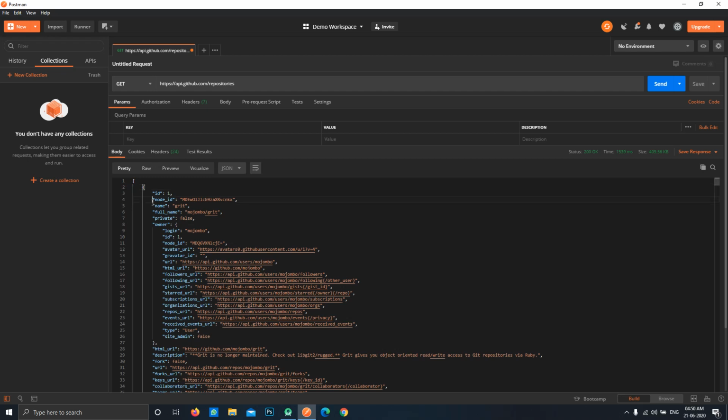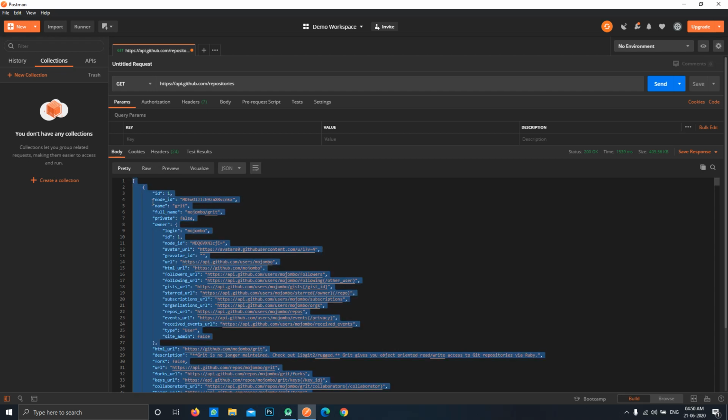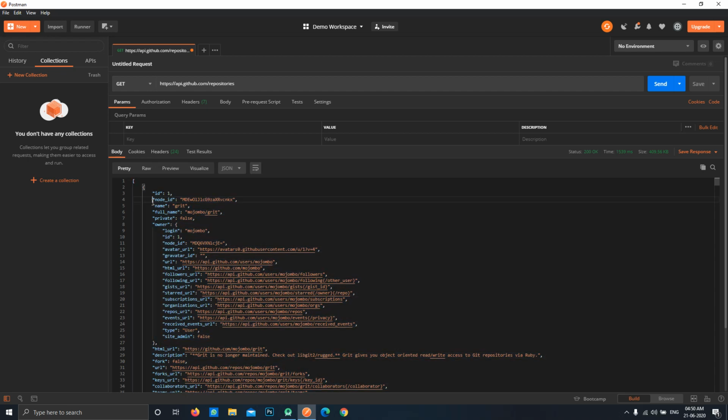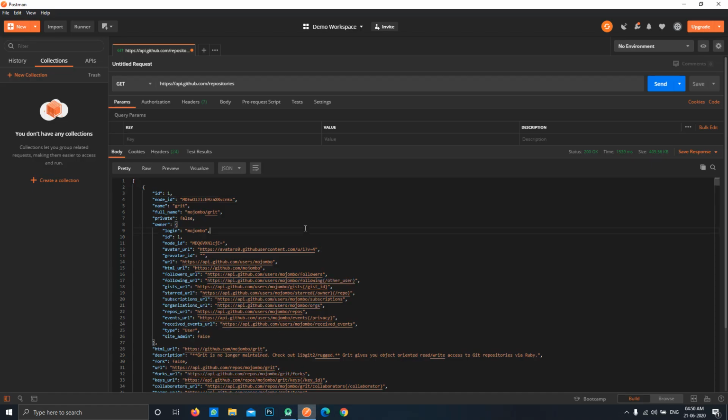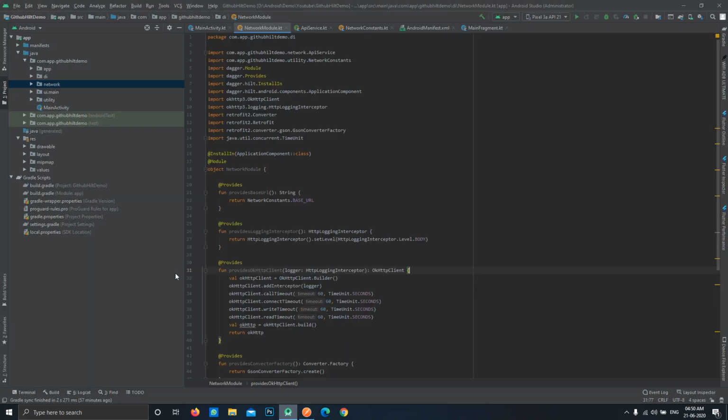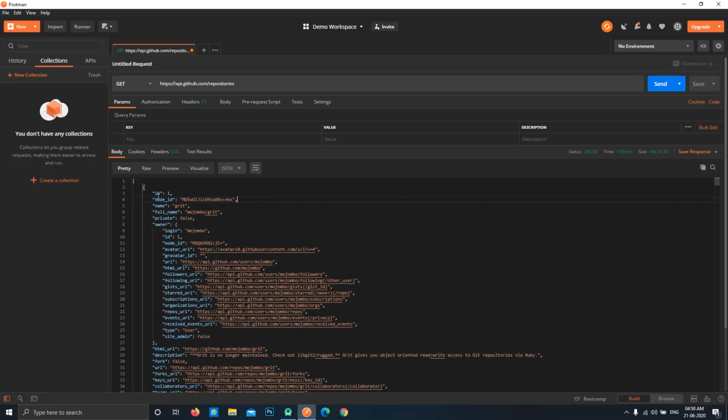So now the first thing we need to do is create a data class for this, that will act as our Pojo class for mapping our data to our variables. So firstly, just copy all of this JSON. For creating these data classes I don't actually prefer creating all these variables and all that stuff.